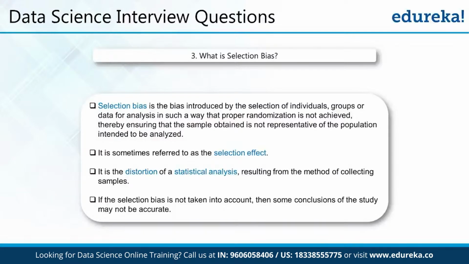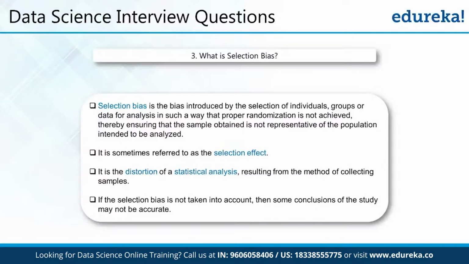But what happens is, while we do this 1 million record selection in a randomized way, there are chances that you might have certain bias in the analysis, obviously because you are not using the entire population. So selection bias is this particular characteristic while you are sampling a large population of data. A very common example is if you want to do an exit poll analysis of a particular election,